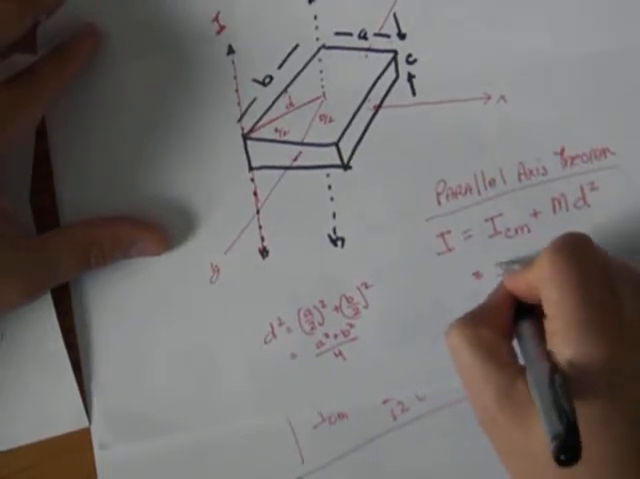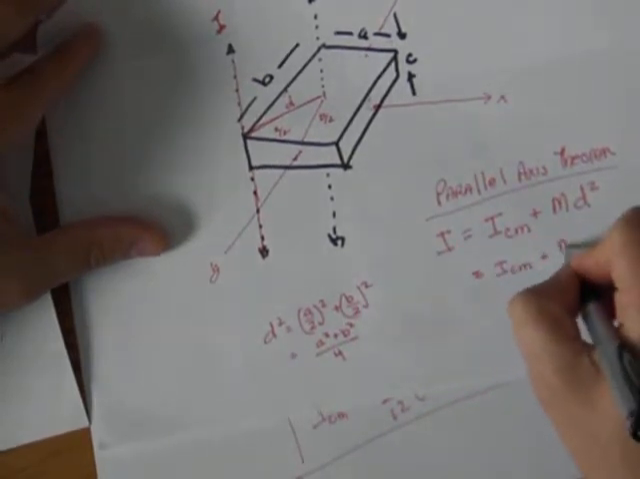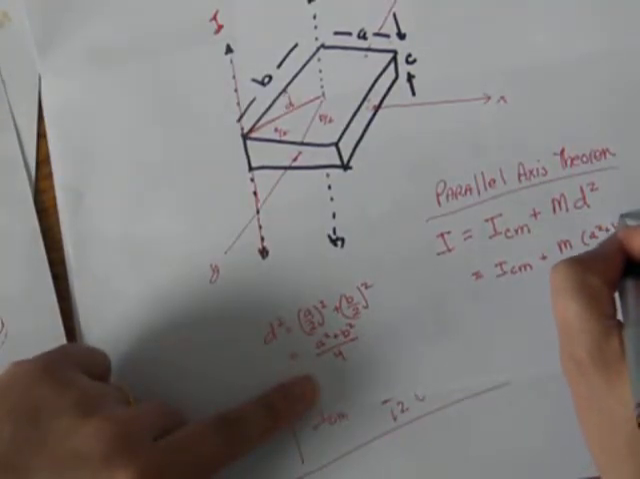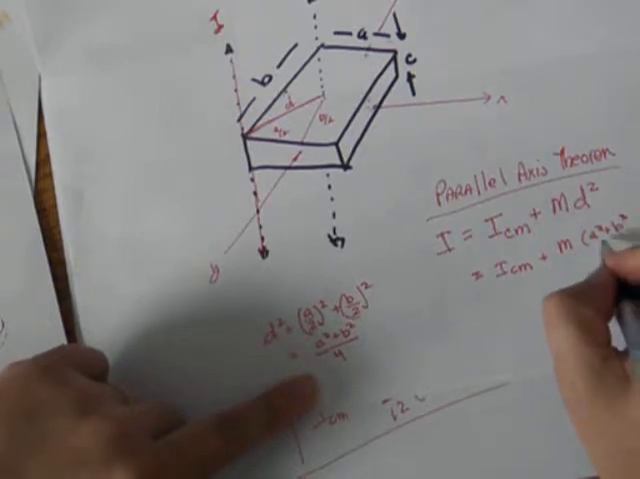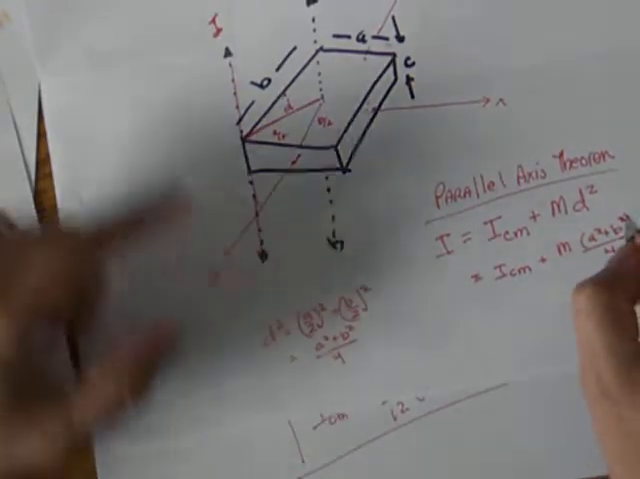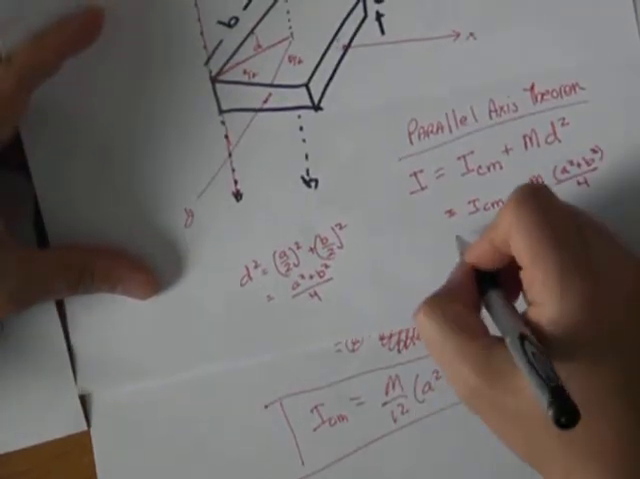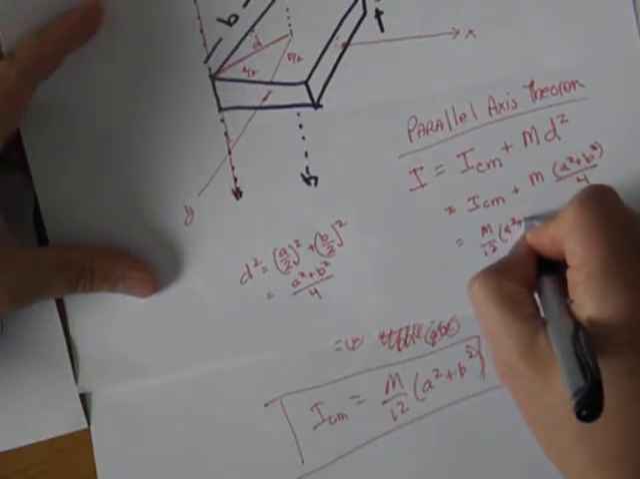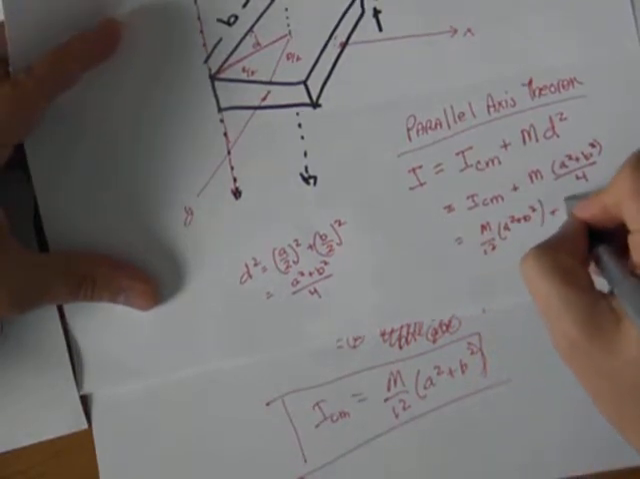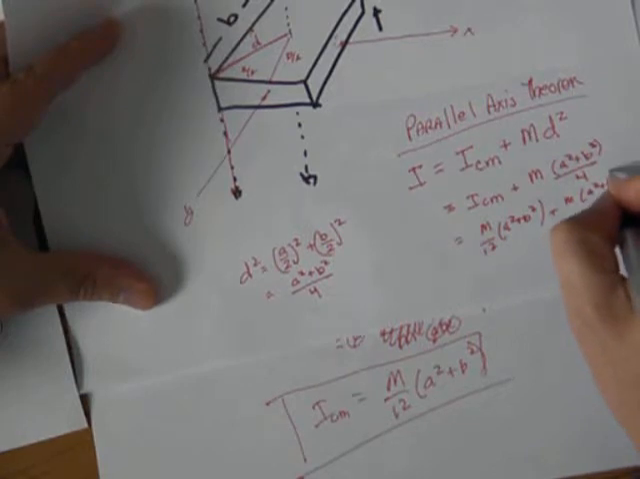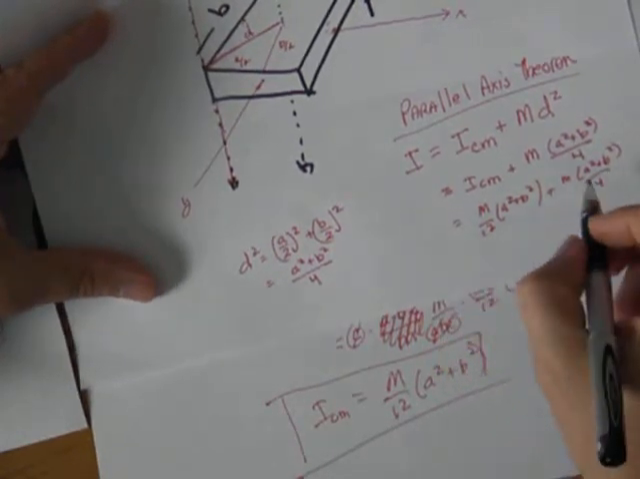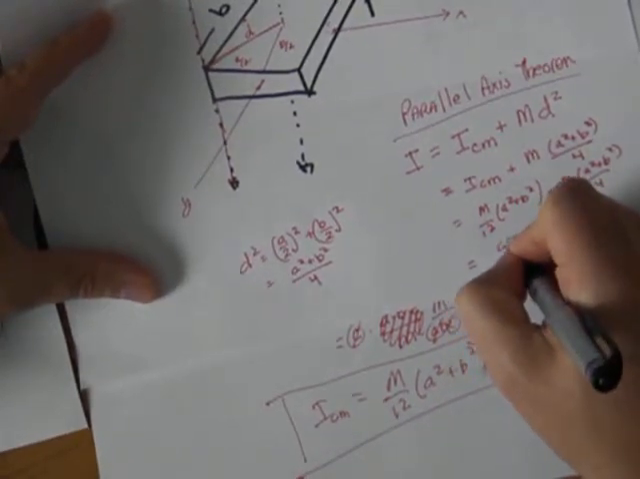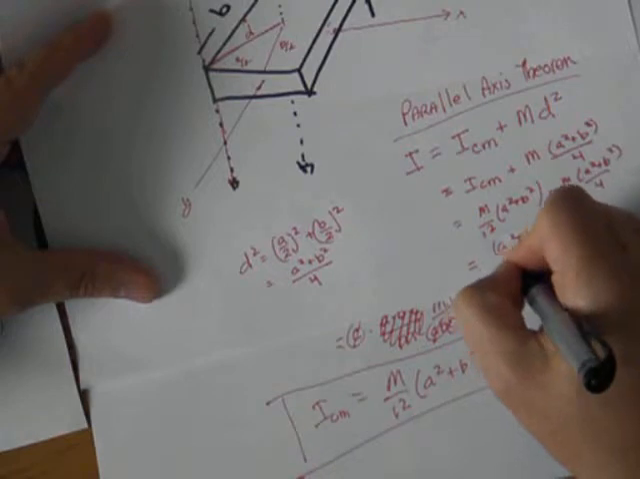So it'll be our inertia at the center of mass plus mass times d squared, which is a squared plus b squared over 4. We'll plug this in. We've got m over 12 times a squared plus b squared, plus m times a squared plus b squared over 4. We can do some common denominators and we would indeed get a squared plus b squared